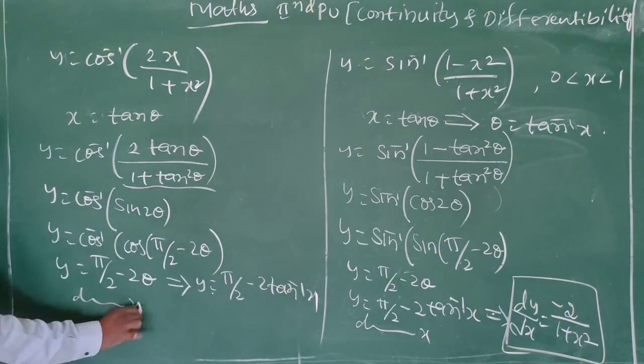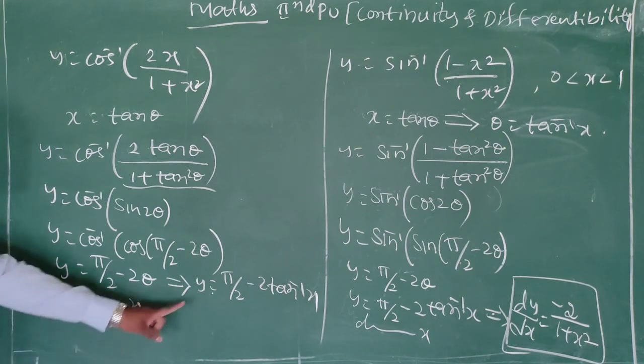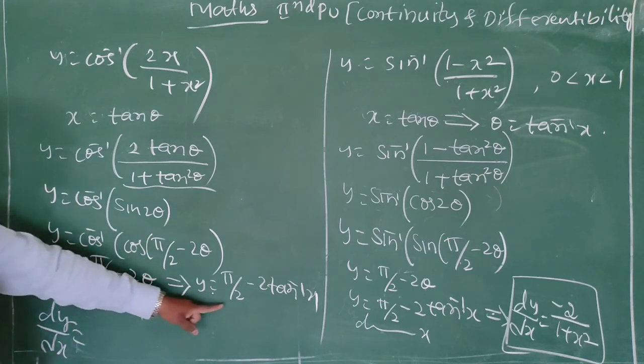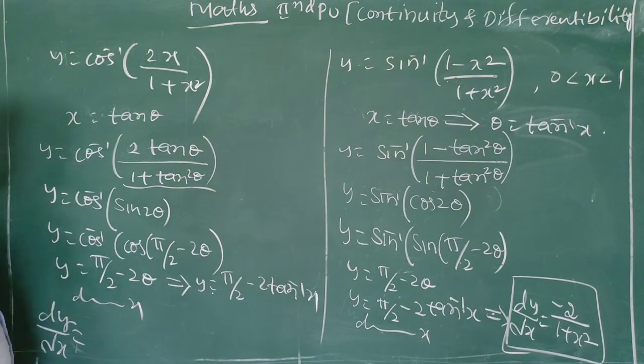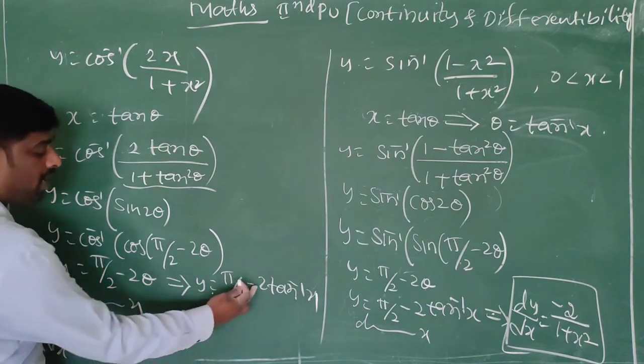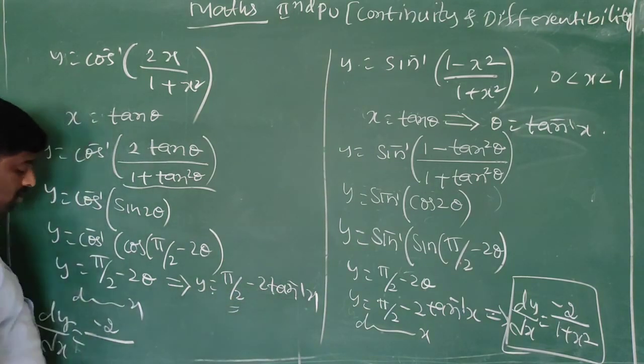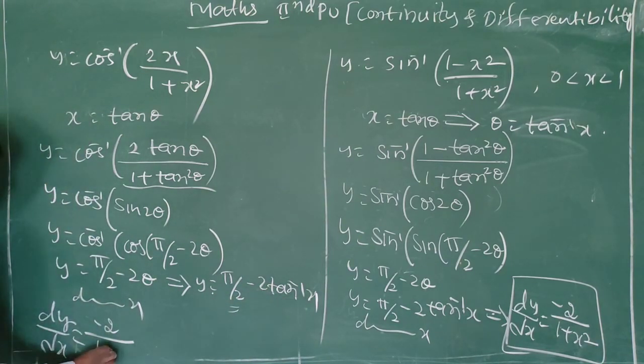Now differentiate with respect to x. y differentiation is dy by dx. Pi by 2 differentiation is 0 because it is a constant. So minus 2 as it is, tan inverse x differentiation is 1 divided by 1 plus x square. So dy by dx is equal to minus 2 divided by 1 plus x square. Next,